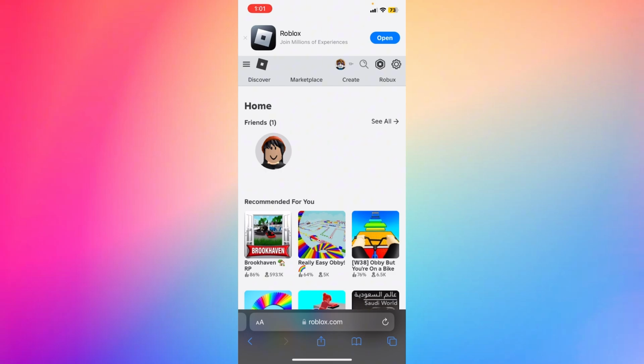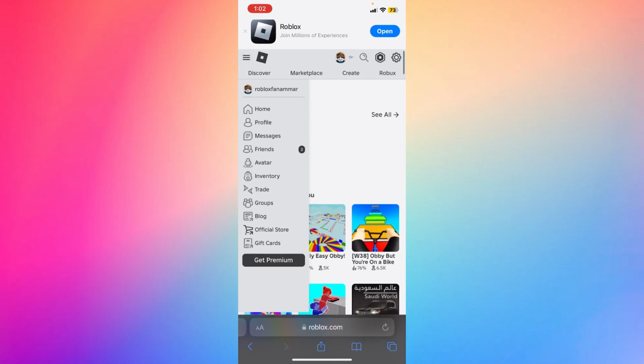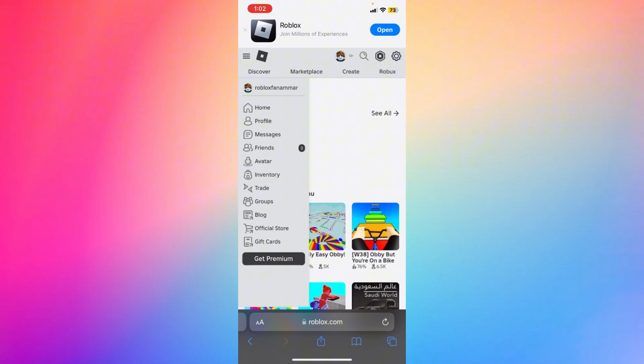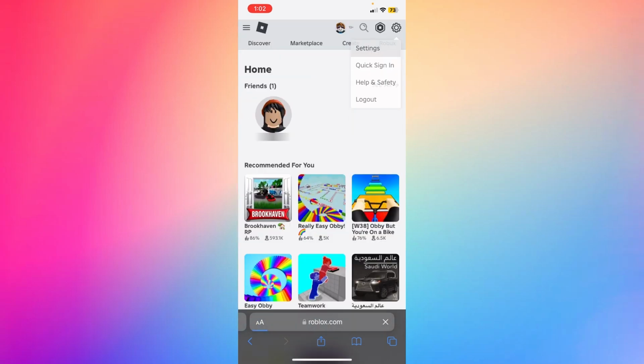then tap the menu icon, 3 horizontal lines, in the upper left corner, and then click the settings from here. So you're gonna see the settings option from here, or you can just go ahead to your profile. You can click the settings here at the top right, and then go ahead and click the settings, and then